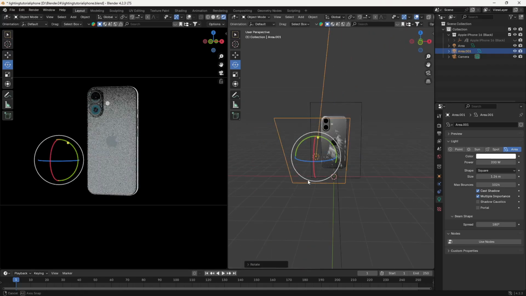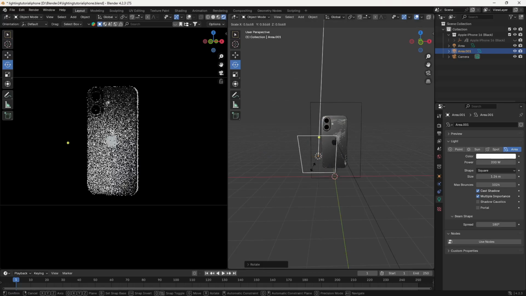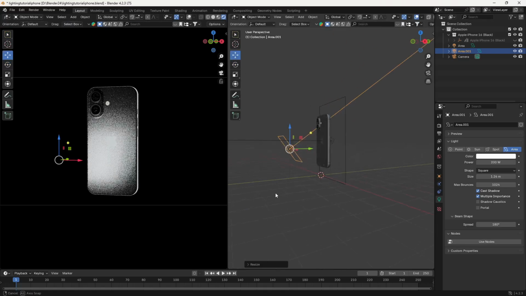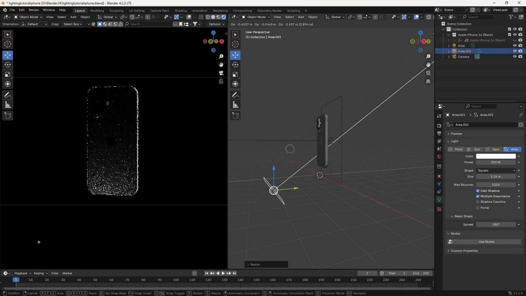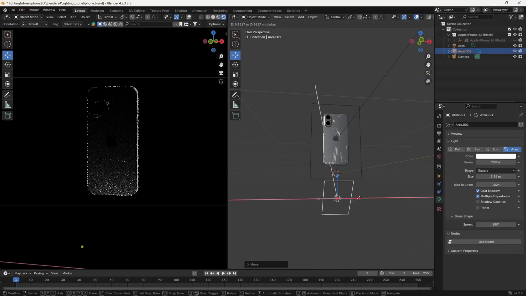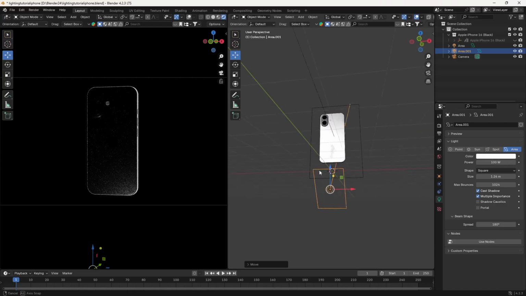So if you want to get some really good results, let's press the S key and scale it down here, something like this. Now I'm going to move it downwards here. So let's just move it downwards. Now you can see the result here as well. Let's do something like this. And now you can see we are getting some light from the downward side, and we can reduce our power here as well. So let's go to 100 here, and now you can see we are getting this light here.